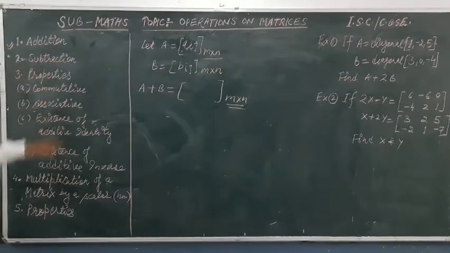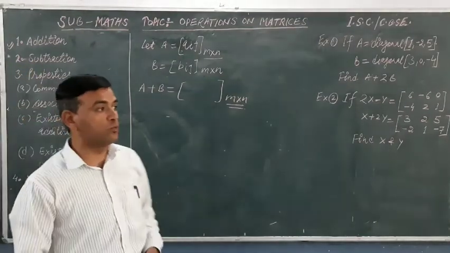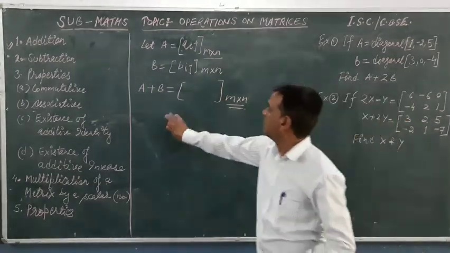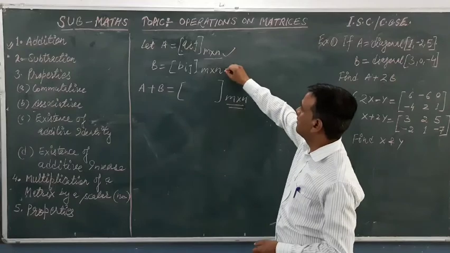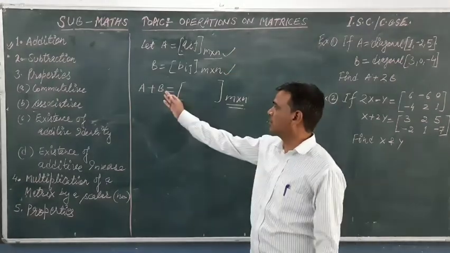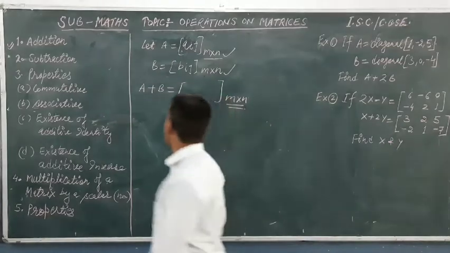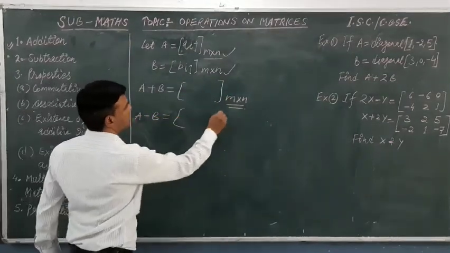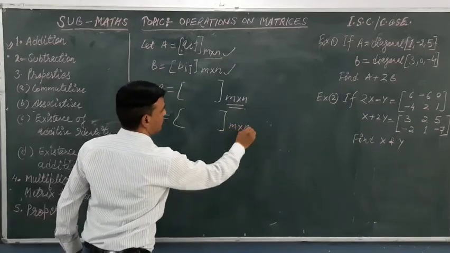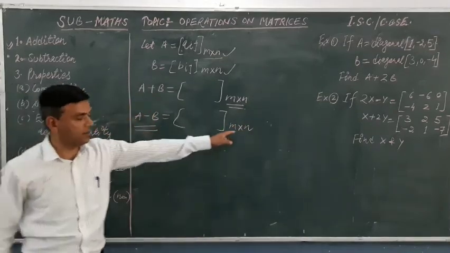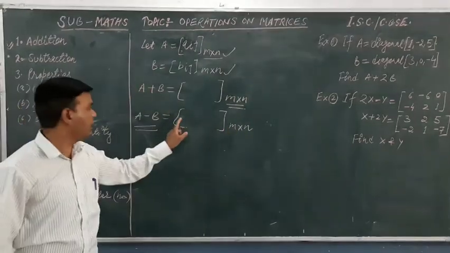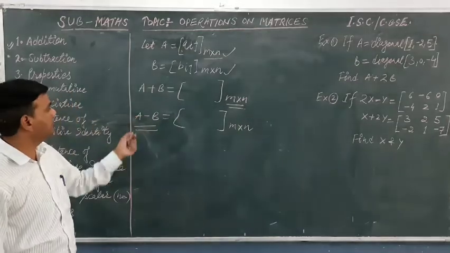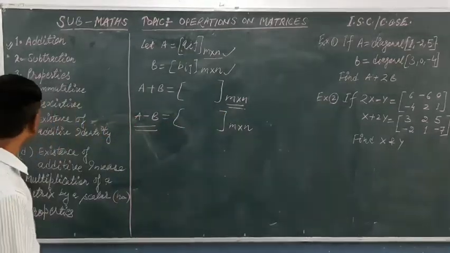Similarly, subtraction is also compatible for two matrices. Subtraction is the difference of two matrices. The same thing we can say here: when the order of two matrices is the same, then we can subtract the second matrix from the first matrix, and that can be found by A minus B. Again the order of the resultant A minus B will remain the same, and the corresponding element of matrix B will be subtracted from the corresponding element of matrix A. In this way you can easily find it.